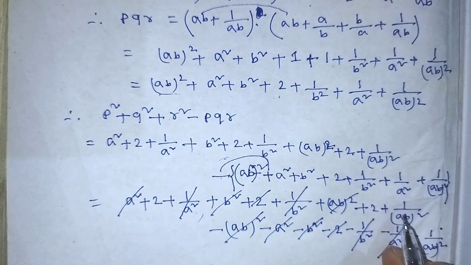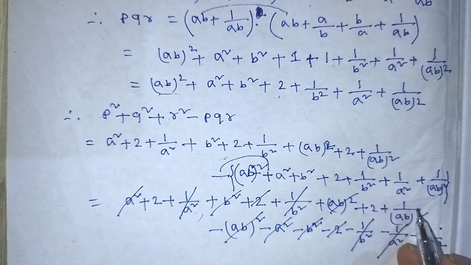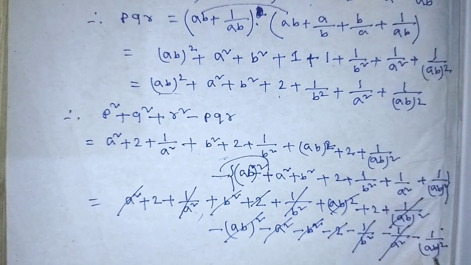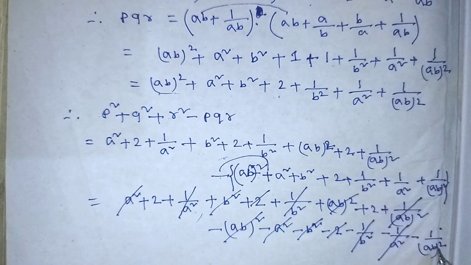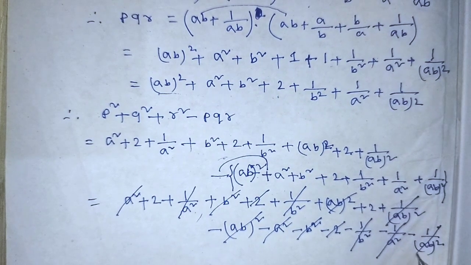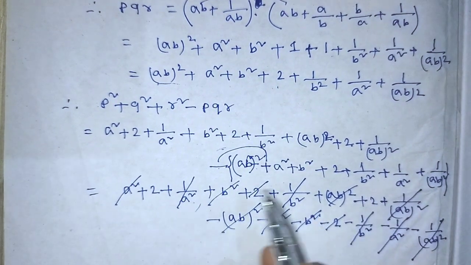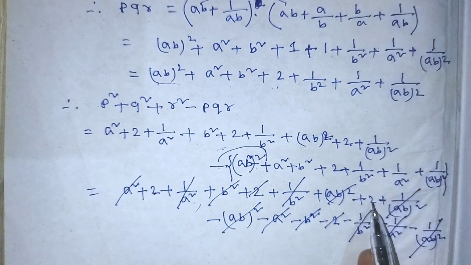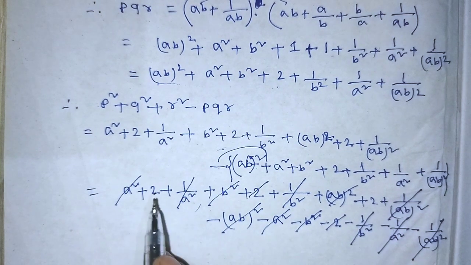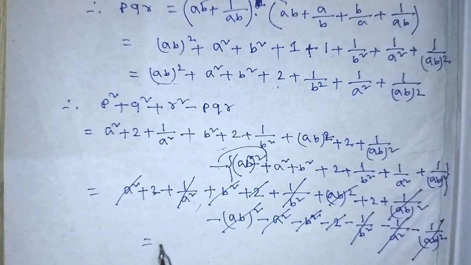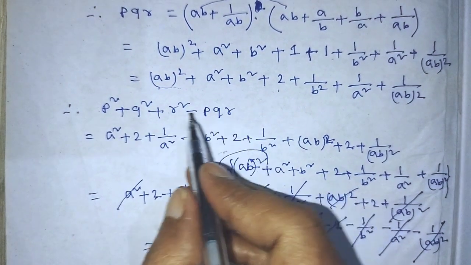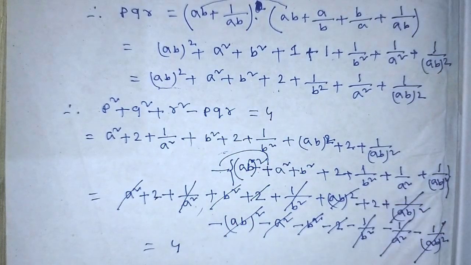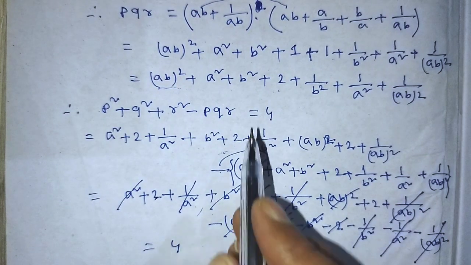and in the last term we can cancel 1 over (ab) whole square and minus 1 over (ab) whole square. So in this algebraic expression there is plus 2 and here is plus 2 left. Okay, so if you add 2 plus 2, then you get 4. So student, the value of this algebraic expression will be 4. So this is our final answer. So my dear student, our answer is complete.